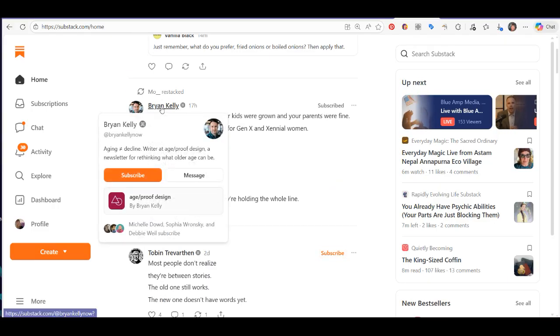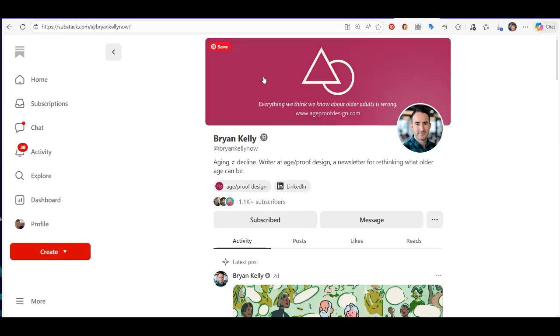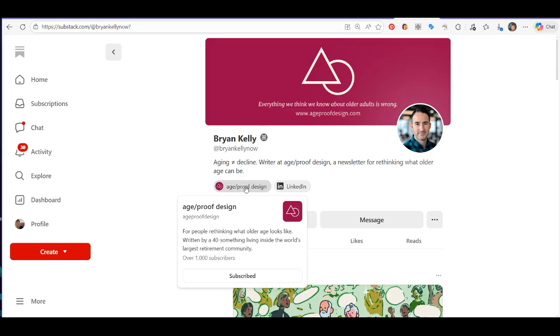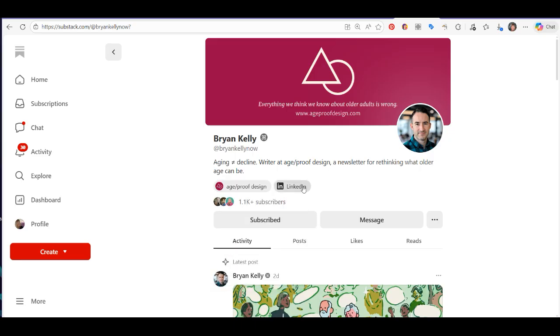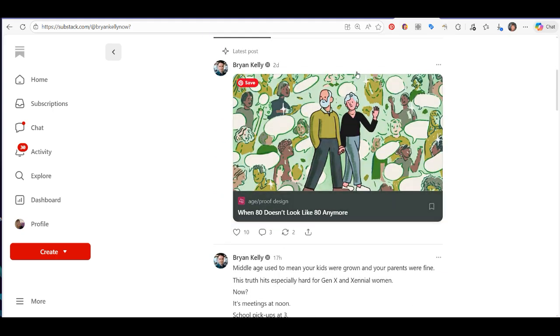And you can learn more about these people by clicking their URL. So his publication is Age/Proof Design, for people rethinking what older age looks like. He also has his LinkedIn link here, and this is his latest post. When you go to your profile, you're always going to see the latest post. So I'm going to like this, and